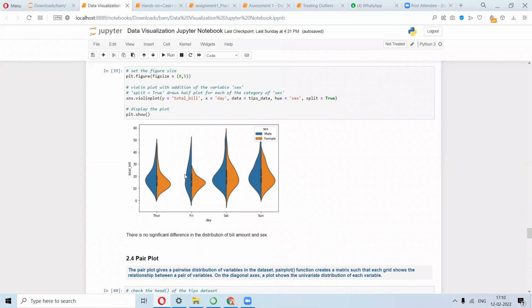Or this is the total bill as well. So this is a distribution for total bill, not the tip. That is what you have to look into. There is no significant difference, of course; you won't be able to say there is any difference other than this one, maybe. But that is likely to check for data visualization, we have so many aspects to check for the data set. This enables you to understand what aspects to look into the data set so that you can proceed with your analysis. So that is the purpose of data representation.